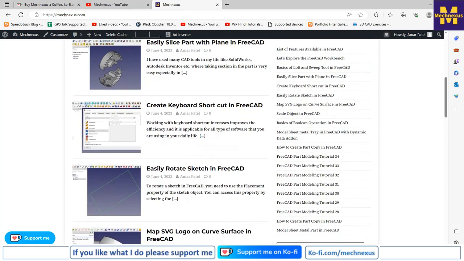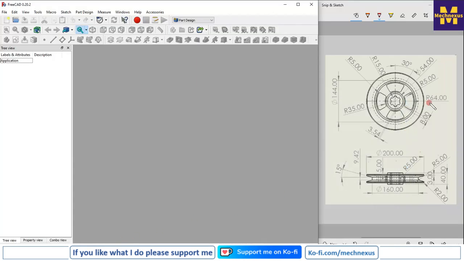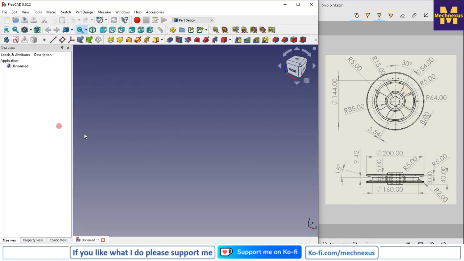So let's start our tutorial. So this is a circular part. First we will make the base body with the help of a revolve feature, and then we will use the polar pattern feature to adapt this cut. So first I will create a new file, and I create a new body,